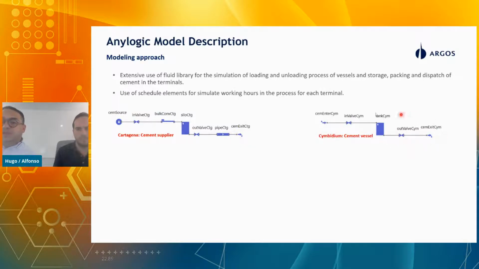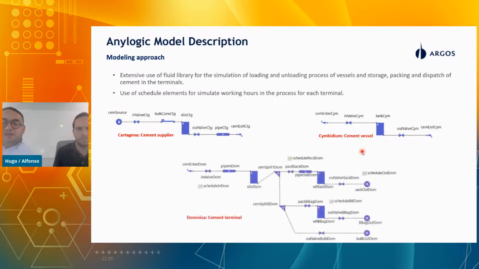And this is basically the blocks for the vessel. The vessel is basically one tank that can be moving in the environment and is the main agent. And here we have a valve to control the input rate to the vessel and another valve to control the output rate from the vessel to the terminal. And finally, inside each terminal, we have something like this. One enter element for connecting the vessel, valve and pipes, and the silo,